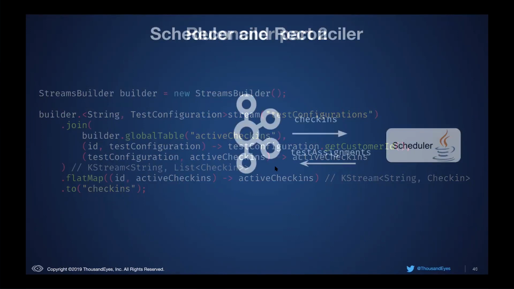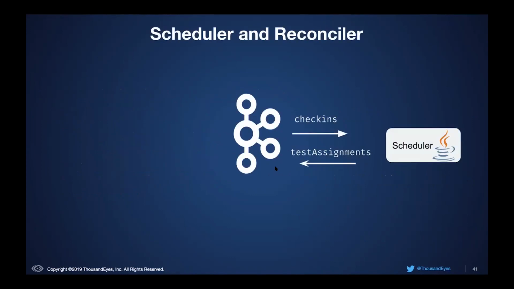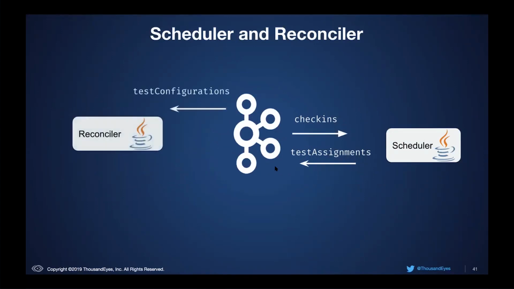So then how has this actually affected our architecture as a whole? We have the scheduler, which is still listening to check-ins, and it's returning test assignments for each check-in. But now we also have the reconciler that listens to test configuration changes. It keeps a cache of the active check-ins, and when a test configuration change occurs, it replays this information back to the scheduler. So that means whenever a test configuration has changed, the scheduler knows about it immediately because it's listening to the check-ins and we're replaying those check-ins. This also means that our backend is now able to schedule tests for agents when a test has been modified, and it doesn't require the agent to poll the backend anymore.